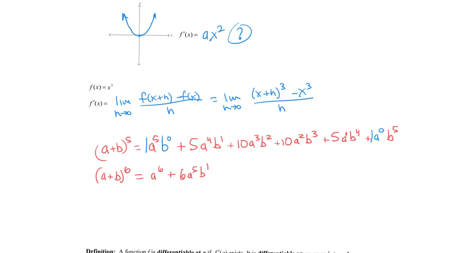And then we have 5 times 6 is 30, divided by 1, 2 is 15. So we get plus 15, a to the 4th, b squared. Then we have 4 times 15 is 60, divided by 1, 2, 3, which gives us 20, a cubed, b cubed. And now we have 3 times 20 is 60, divided by 1, 2, 3, 4, which